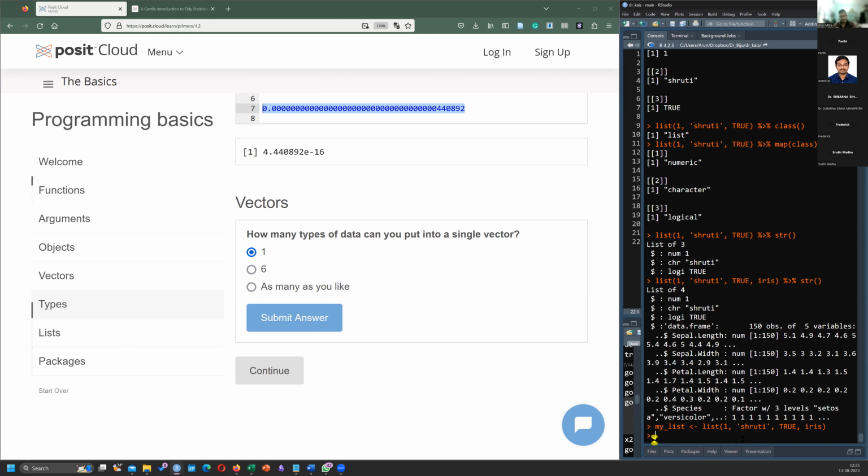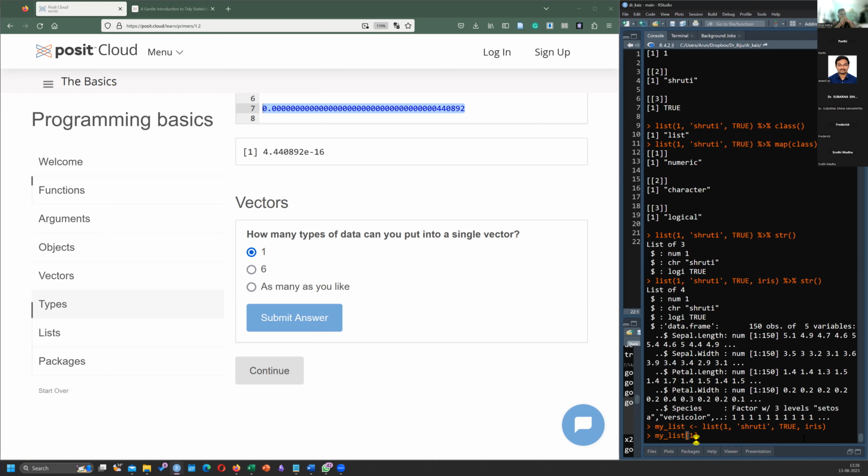Okay, I'll give you the start, right? Now, for my list, if I say, what is the first element? What will the answer be? 5.1. Huh? 5.1. Why will 5.1 be?